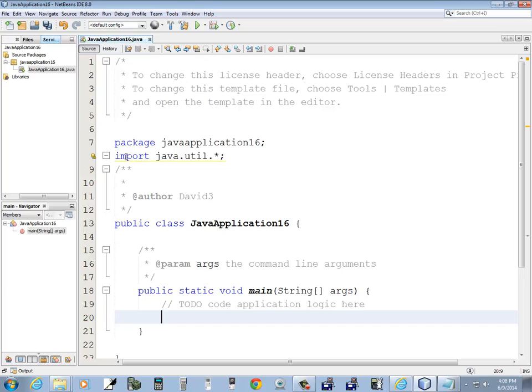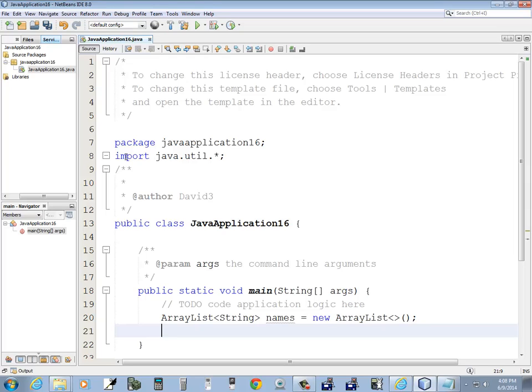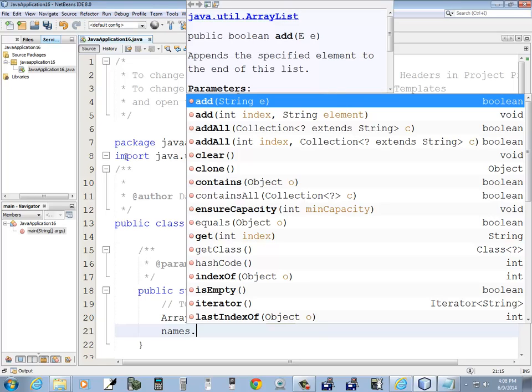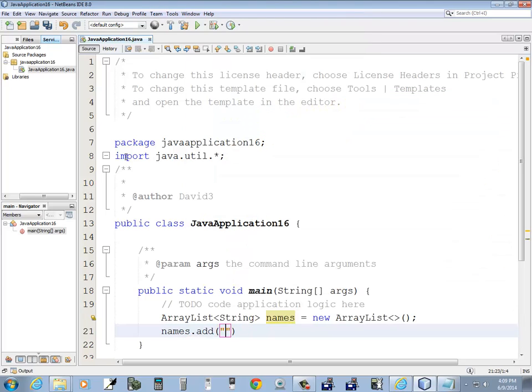Now down here, I'm going to do an array list, and I guess I'll work with String and names. New ArrayList. Okay. Now this creates an array list called names, and we're going to store strings in it. So we'll say names dot. Now when this comes up, this tells you all the different things you can do. And you see we got an add there, so I'll choose add,